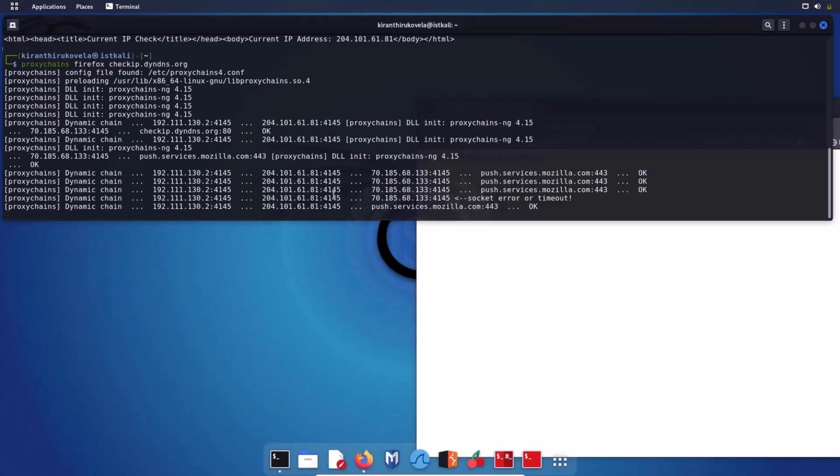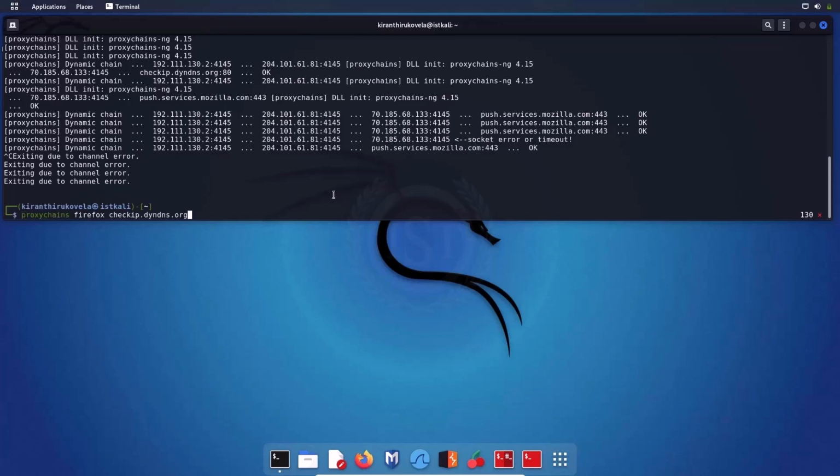So let me close this application with Control C, and let me type proxychains and the nmap command to scan certain ports on my website. So nmap, let me do a TCP connect scan, -sT, and let me give some ports: 21 FTP port, 23 telnet port, 25, then we have 53 and 110 POP, and let me give 80 HTTP, 443 and so on.